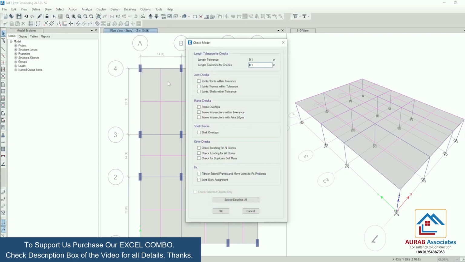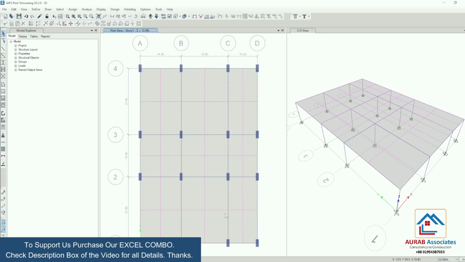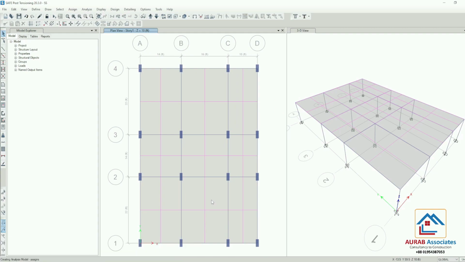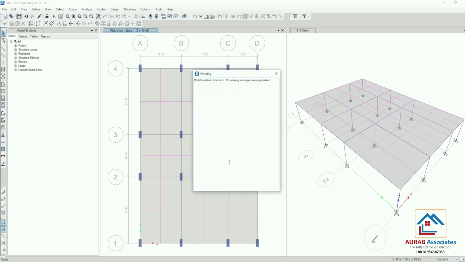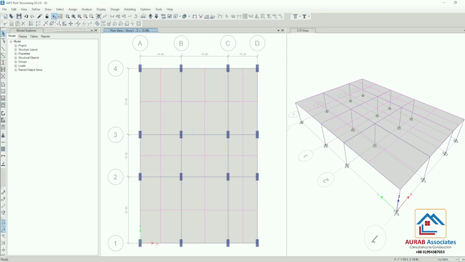Before that we can check model, similar like ETABS. No warning. Now go for run analysis and design.